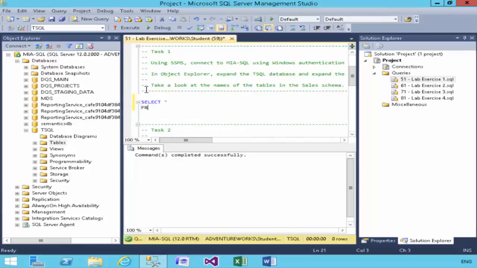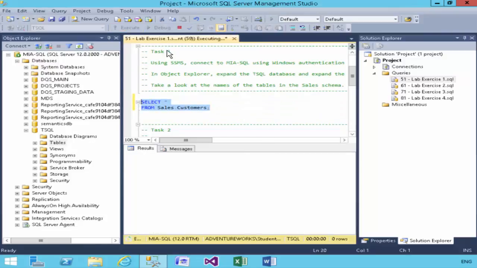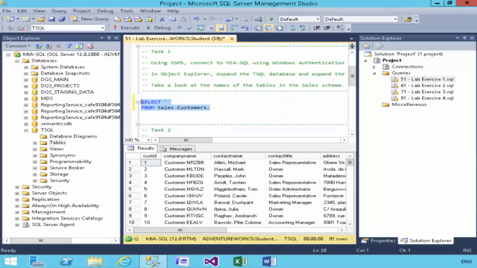So this is a very simple select statement. We're going to select everything from the sales dot customers table. Everything, of course, is represented by a wildcard. And notice the semicolon at the end. Think of that as a full stop in a sentence. It's the end of the instruction. And as you can see, we have 91 rows, 91 customer transactions.